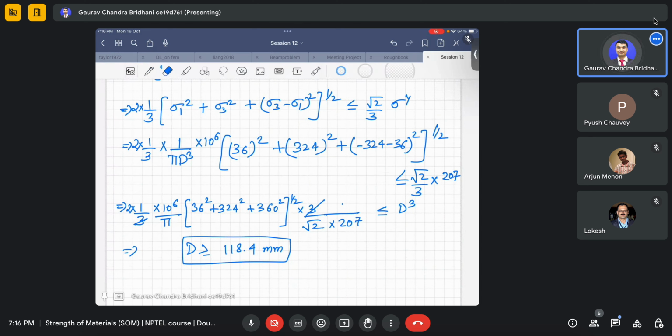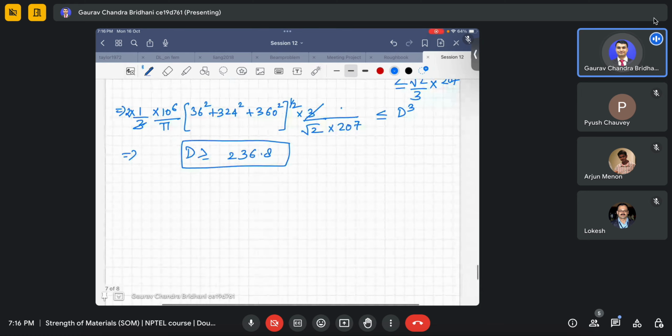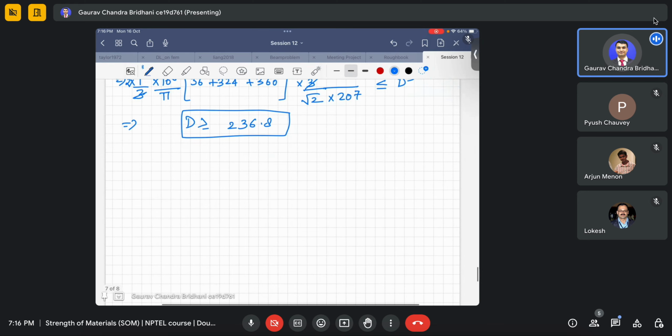This will be twice, so it will be 861.32. Okay, so this will be the value of the diameter. Okay, so that's how we solve the problem from the two theories, and basically we design it, mostly